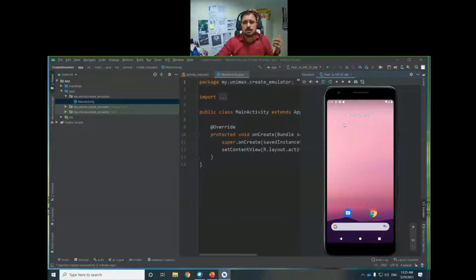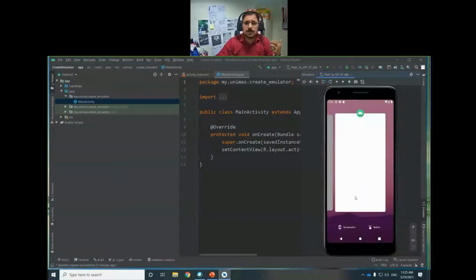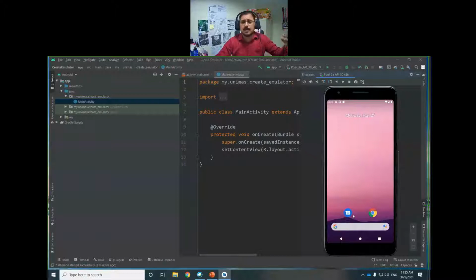And you see it looks 100% like a mobile, and it actually has all the facilities and properties exactly like a mobile. For example, if you click, you see all the mobile properties are there. You will feel like it is exactly a hardware device.